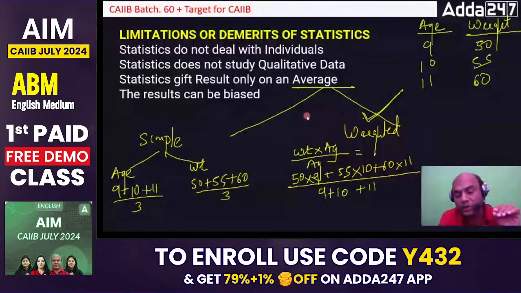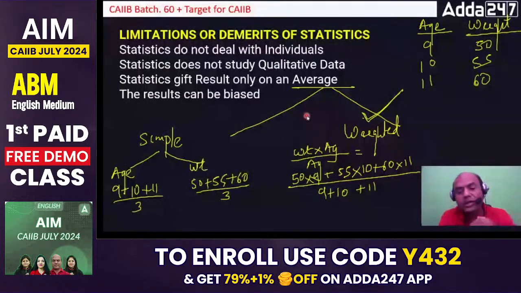Qualitative, what do you mean by this qualitative word? Qualitative word means emotions. In 2019 also, when the general elections were there, and 2014 also, many of the exit polls have gone wrong. They predicted 150 seats to BJP, 180 seats to BJP. How many came? 300 plus. Why did they come?